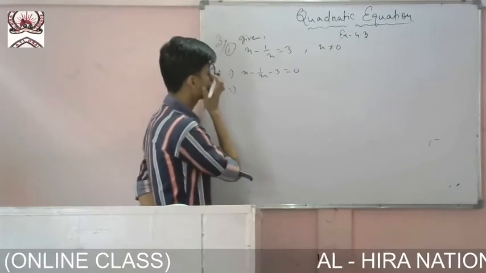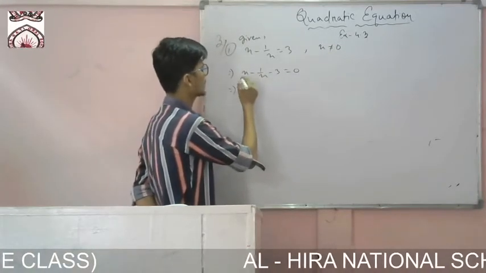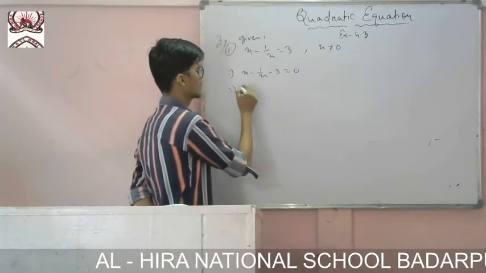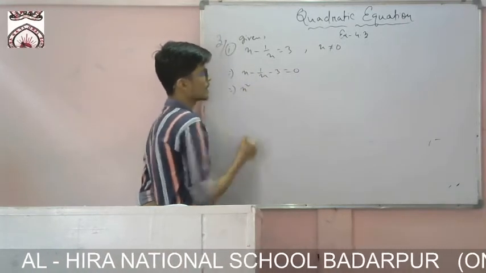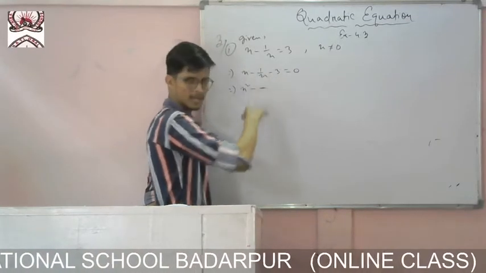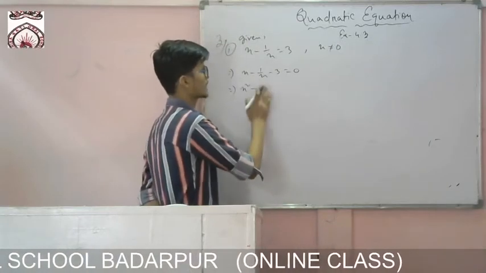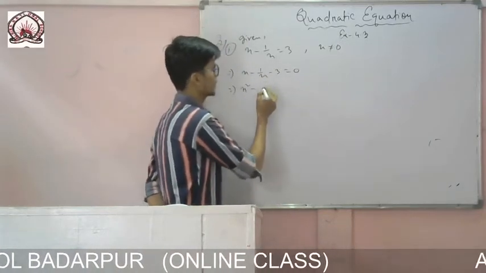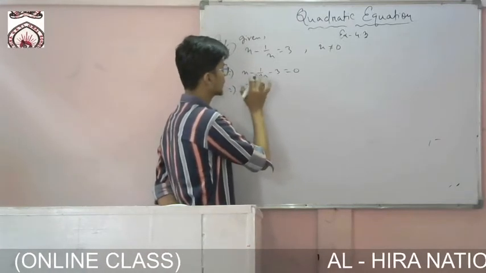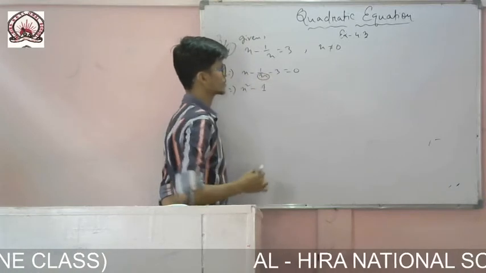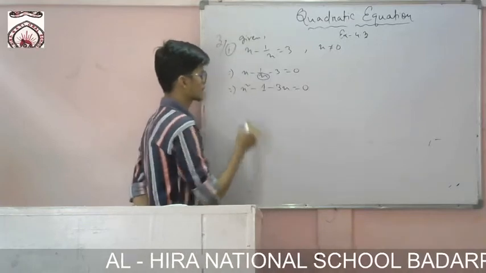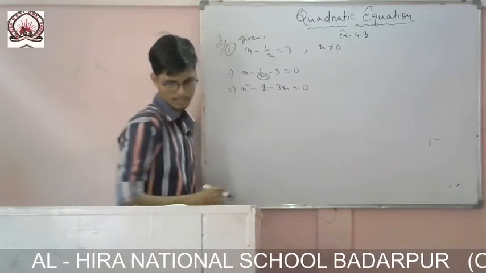Now what we have to do, if I multiply each and every one by x, this one will be removed. It will be easy for us. So this one will be x square, this one will be only 1, because I have to remove this denominator, it will create problems. If I am just multiplying each and every one by this term x, here minus 1 and there it will be 3x equals to 0. So now it looks good and it is an equation also.